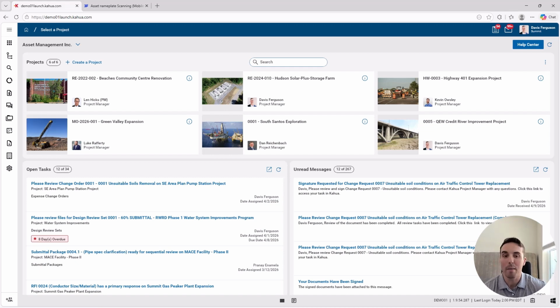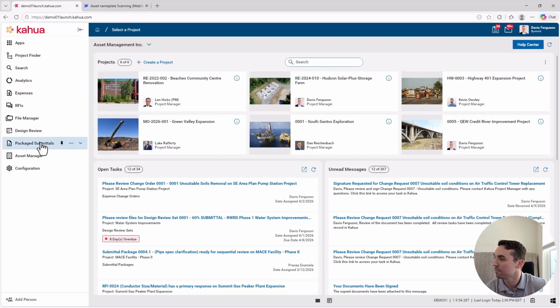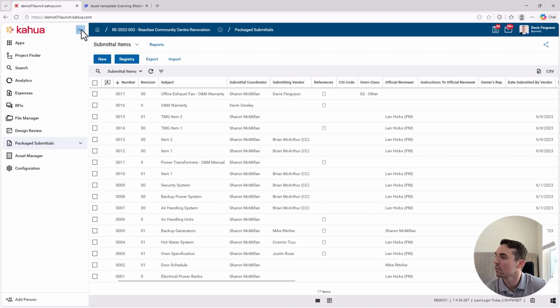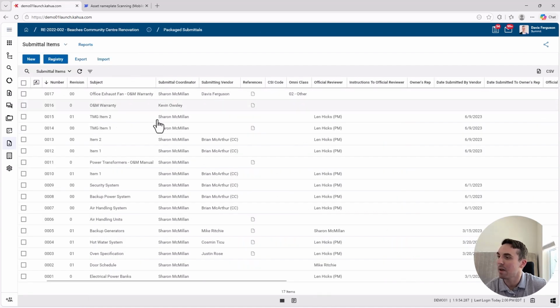So to start, I'm here on Kahua's home screen, and I can quickly access my projects, or my tasks, or any unread messages that have been sent to me. From here, I'll navigate into one of Kahua's core applications involved in this process, the Submittals app. In here, I can see my various submittals, but every item in submittals can be tied to both a location